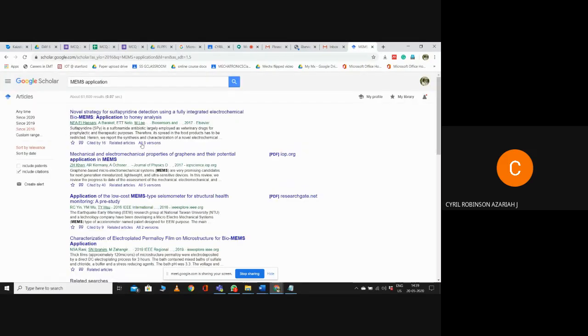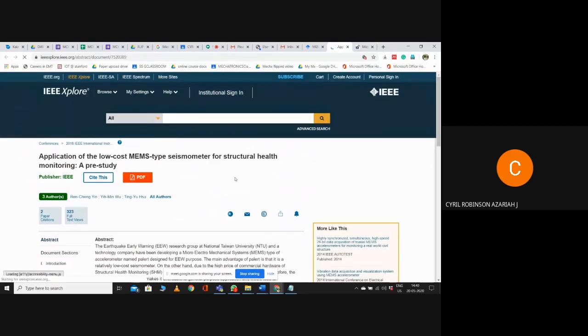We want papers from 2016, and we specifically take a few examples related to health monitoring. Okay, medical application. So choose those two papers.